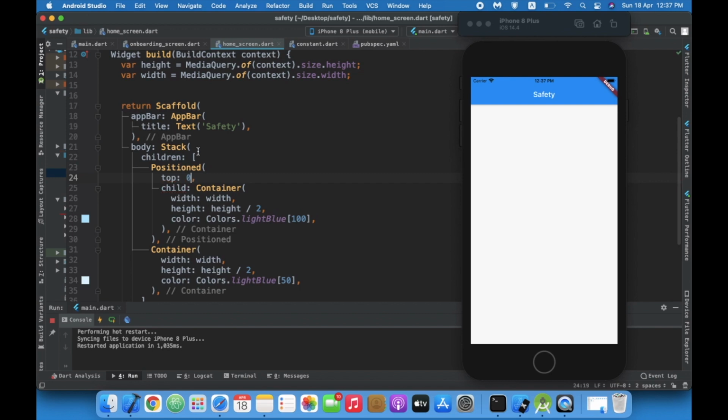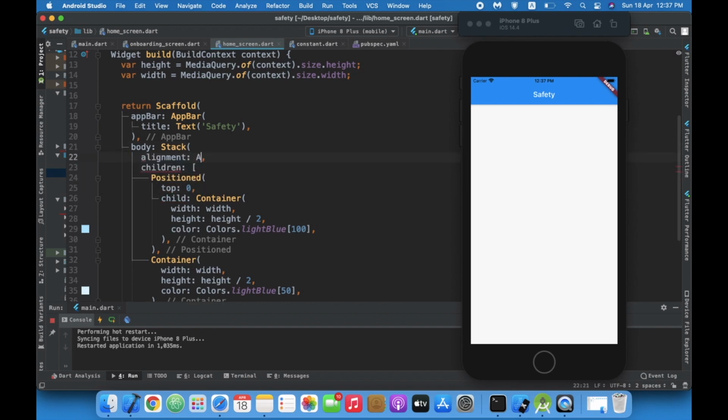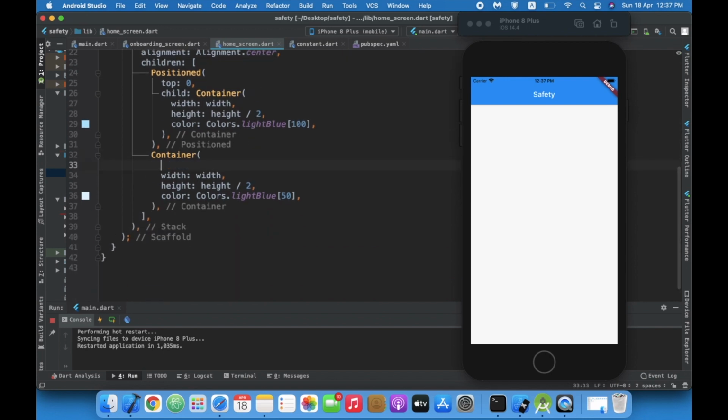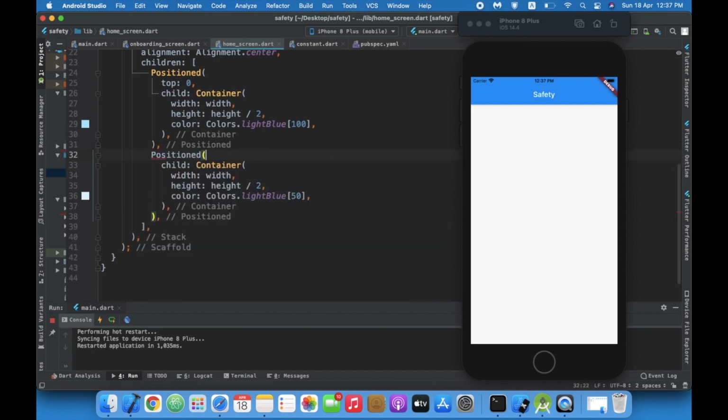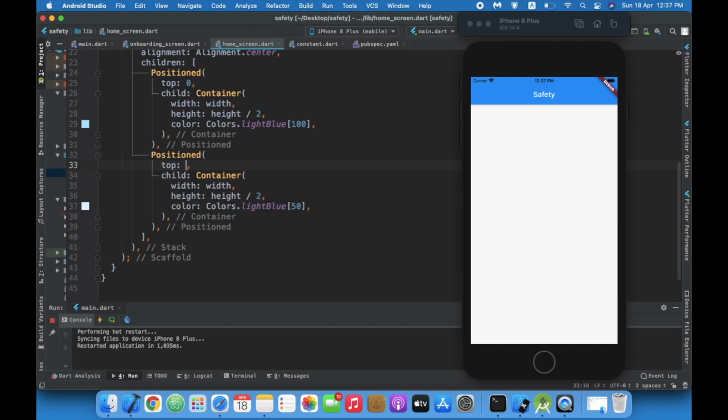Top 0, alignment dot center, height divided by 2. Okay, so wrap with widget, positioned, top, height divided by 2.